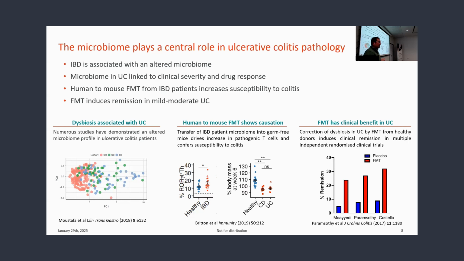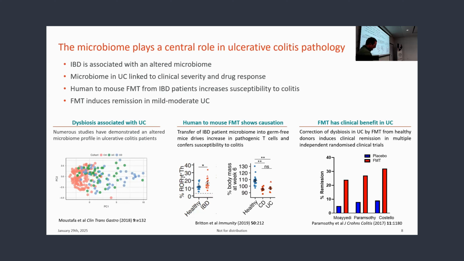of therapies. Fecal microbiota transplantation from UC patients into mice leads to activation or induction of inflammatory T cells, thereby predisposing these mice to development of colitis. What's really interesting in the past few years have been several FMT studies in UC patients. So fecal microbiota transplantation from healthy individuals to UC patients has shown quite some clinical efficacy in inducing remission in